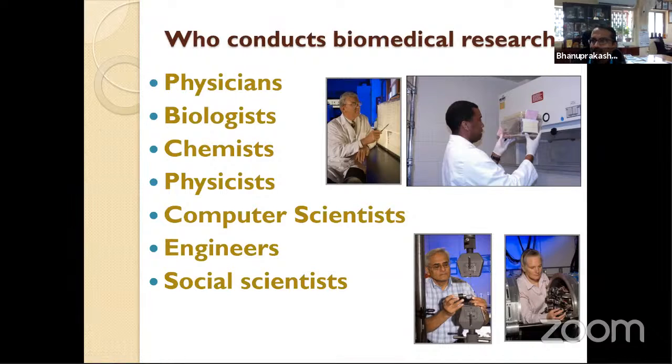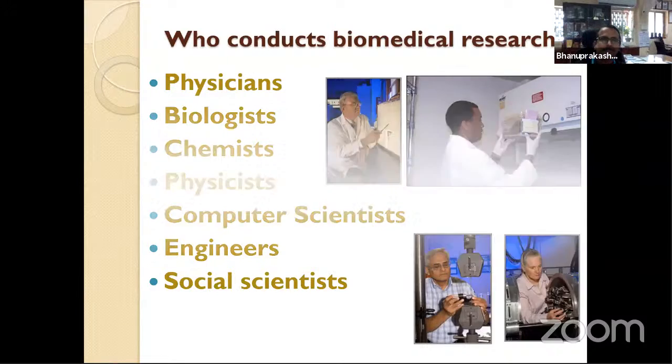This is one important thing I request you to tell the people who take social science also: they can do research. Not many people know that social science means it's only some administration or something else. Even social science people can do research, because they are the ones who survey, who get the picture from the society, from the community to the lab. They are the important people. They are called social scientists.